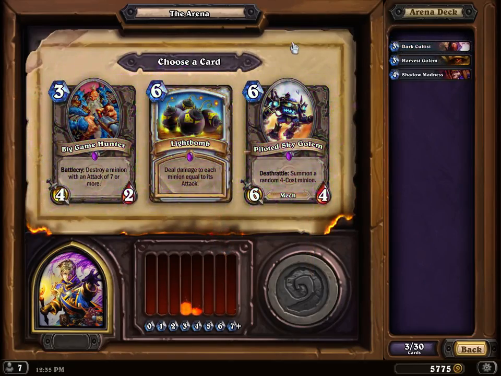Oh, okay, we got new cards. Oh no, Light Bomb. Someone was telling us about this. Light Bomb was not the deal damage to each minion equal to its attack. So this is a card from Mercadian Masks. Oh yeah. Wave of